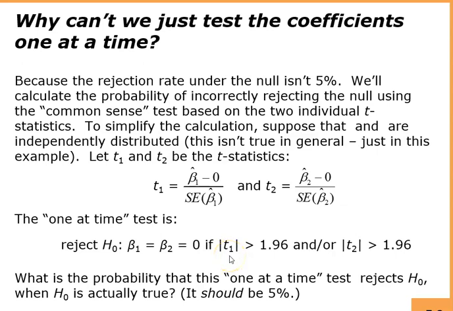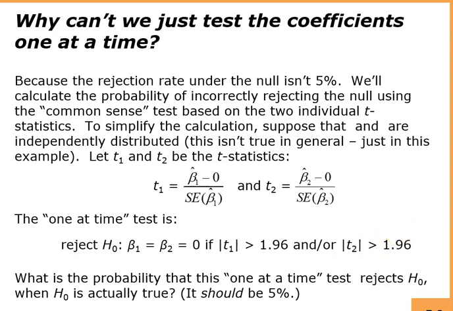we can reject the null hypothesis that beta 1 is equal to 0 and or we can reject the null hypothesis that beta 2 is equal to 0, which would mean that the t stat that you calculate over here would be greater than 1.96 in absolute value, and also the t stat that you calculate from here would be greater than 1.96. So either of the two have to be greater than 1.96, or both can be greater than